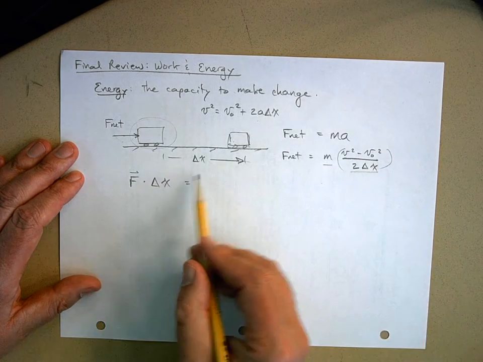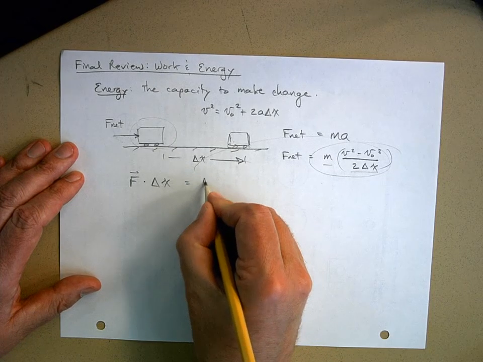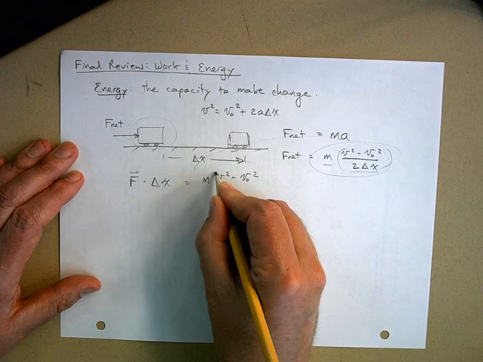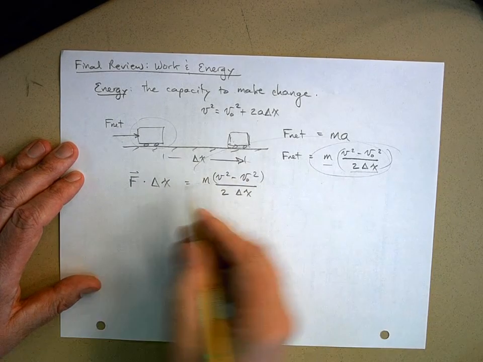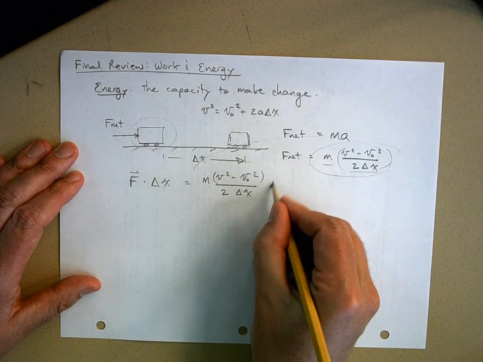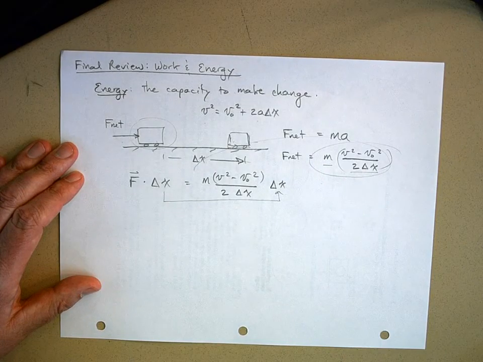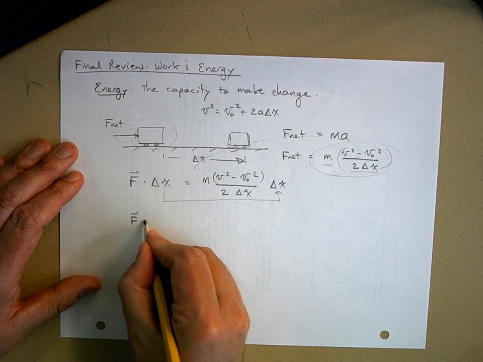And so we substituted this for the force in here. So this is the mass times v squared minus v naught squared divided by 2 delta x. And then we said we're going to multiply this by delta x. So this we've just carried from over here. And so this was force times delta x